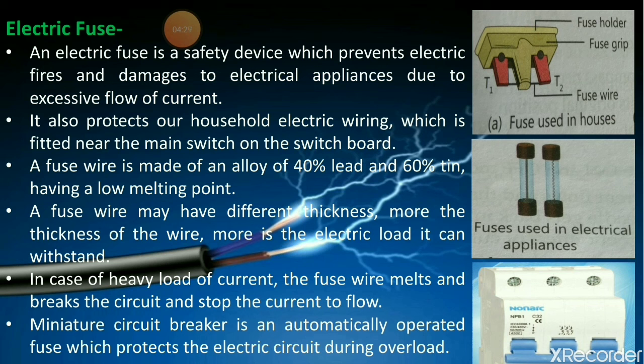Okay, so the fuse wire, as you can see in the images, first and second, these are the fuse wires which are used in electrical appliances. A fuse wire is a very short length of wire with a low melting point, and it melts at about 200 degrees Celsius. The fuse wire also has high resistance and its temperature rises much faster than the connecting copper wire in case of overload. That is why only the fuse wire melts, not all the conducting wires which carry the electric current to your appliances in your house.